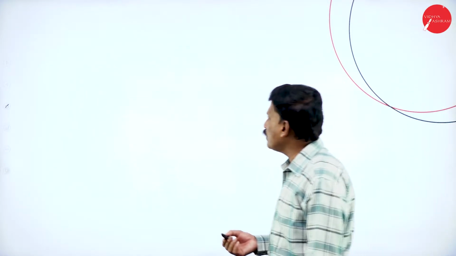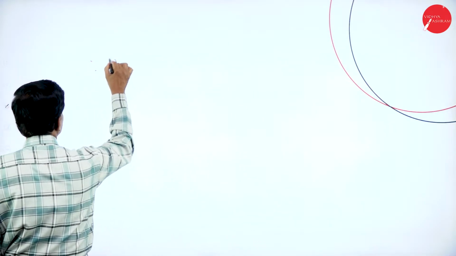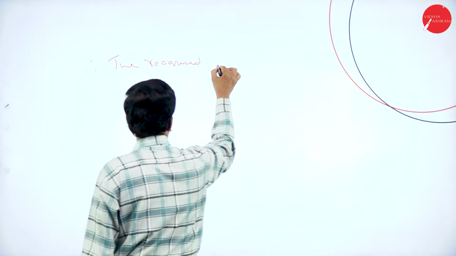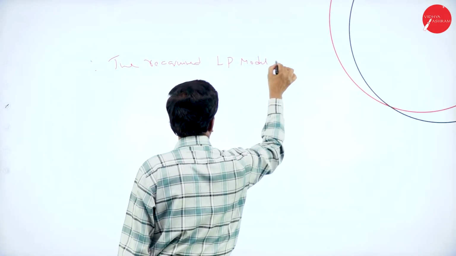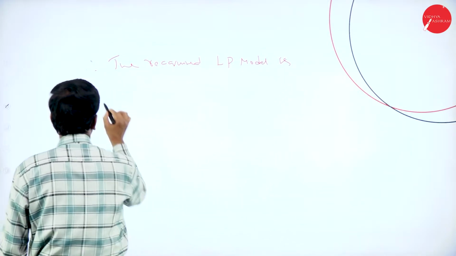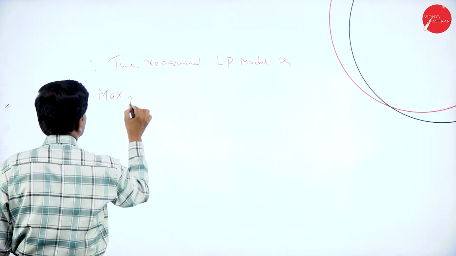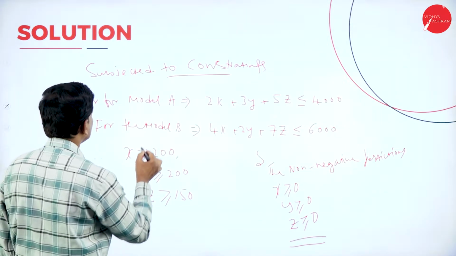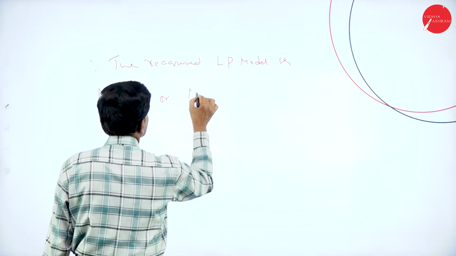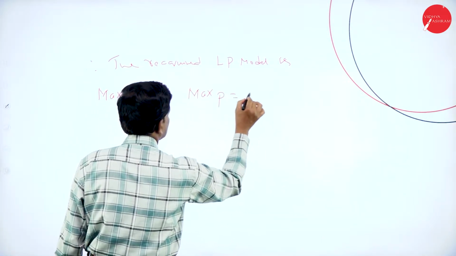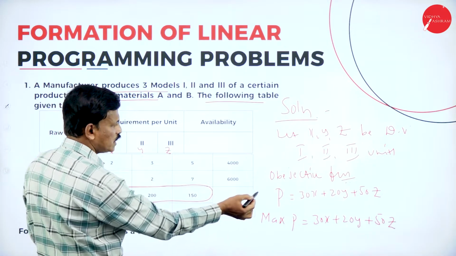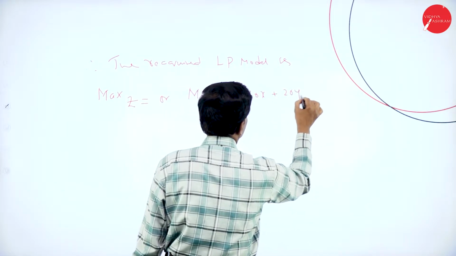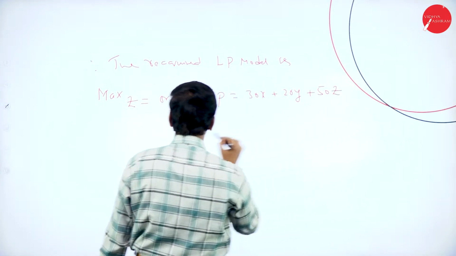So hence the required linear programming model is: maximize P, where P equals 30x plus 20y plus 50z, subject to